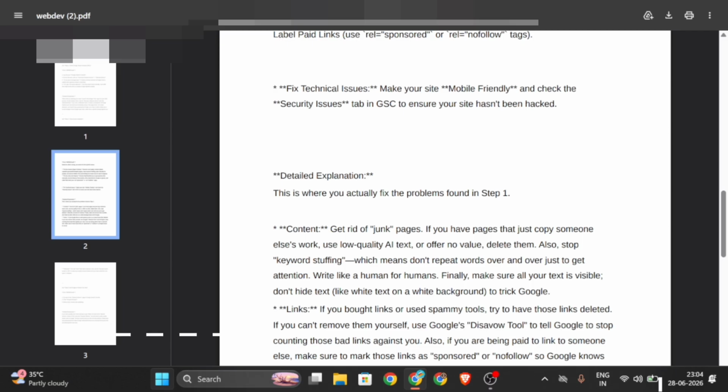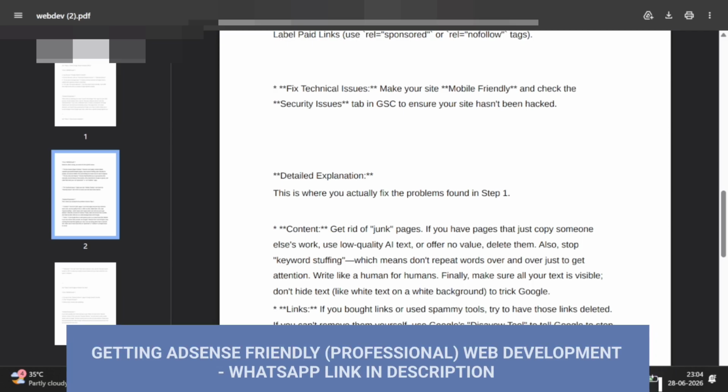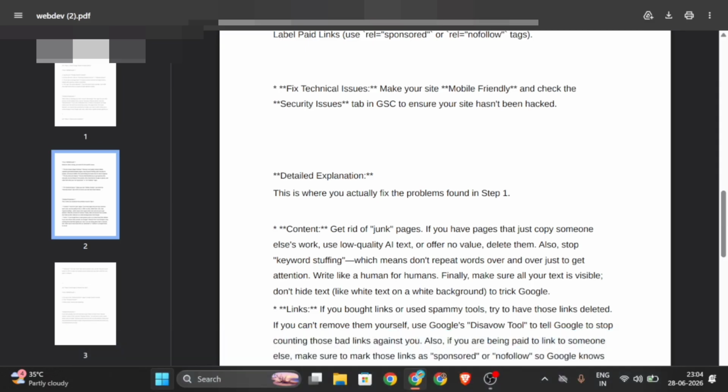Proper redirection is huge. Let's say you deleted an old post that used to get a ton of traffic, and now you want to redirect that URL to a new piece of content. It has to go to the right place. Redirection mistakes are super common, and if you mess them up, it can ruin your user experience.